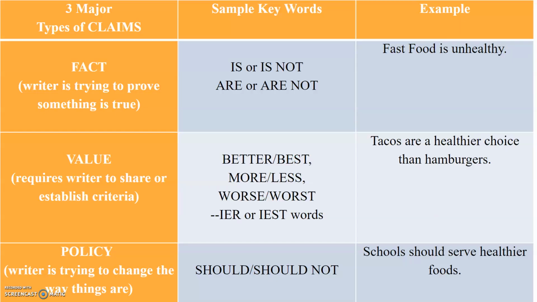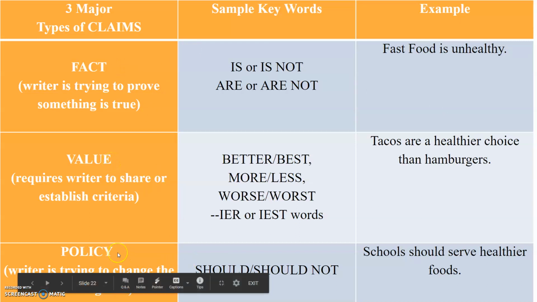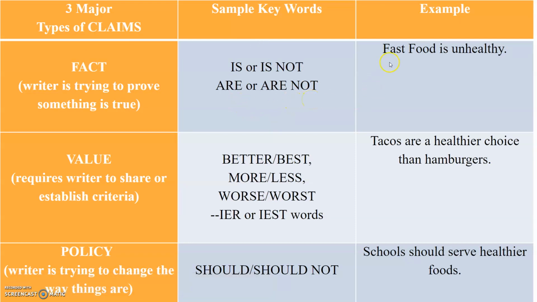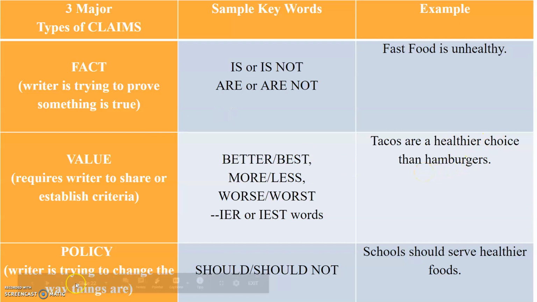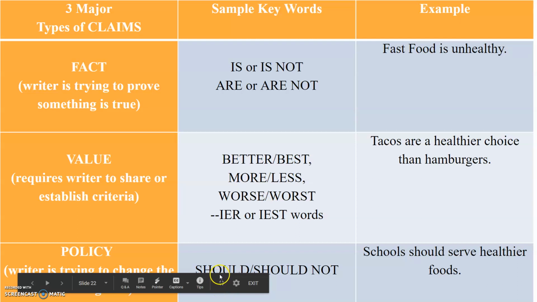There are three major types of claims: the fact claim, the value claim, and the policy claim. Fact claims use key words such as is or is not, are or are not. For example, fast food is unhealthy. This is a fact claim. Value claims use words such as better or best, more or less, worse or worst, easiest, easier. Tacos are healthier than hamburgers. And finally, a policy claim. These claims include the word should or should not and